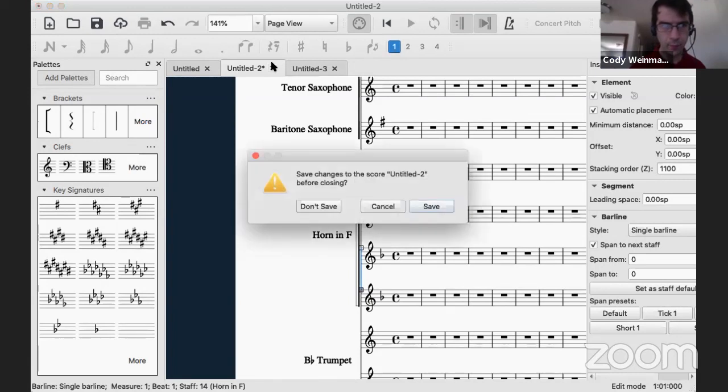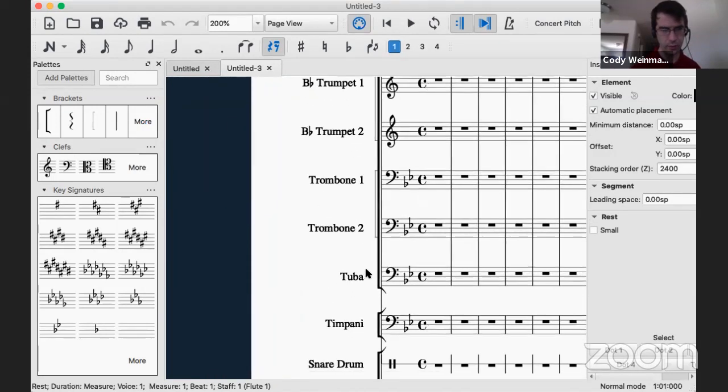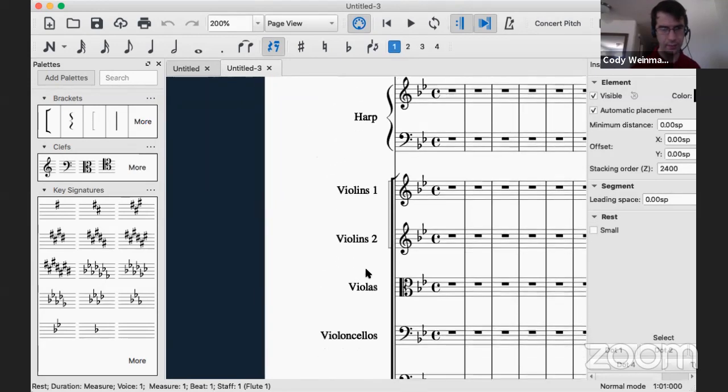So yeah, I'm going to redo, since I was having trouble deleting them. That's the only hard part, is I'm still trying to figure out how to delete those things. But if you wanted to add instruments, let's say if you wanted to add something,